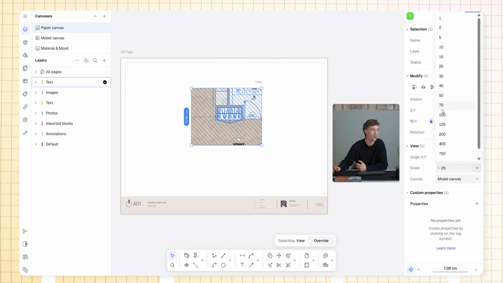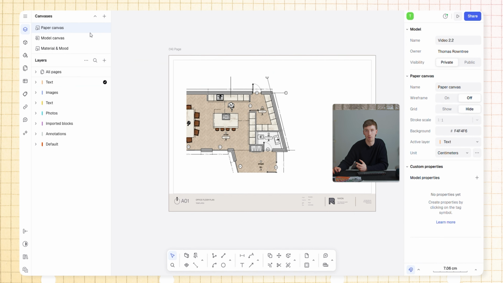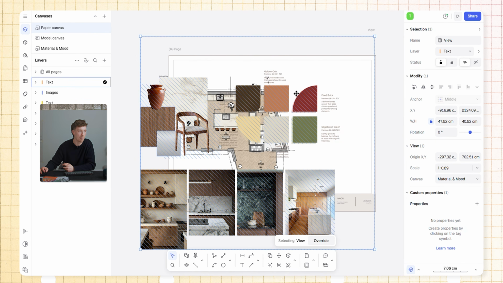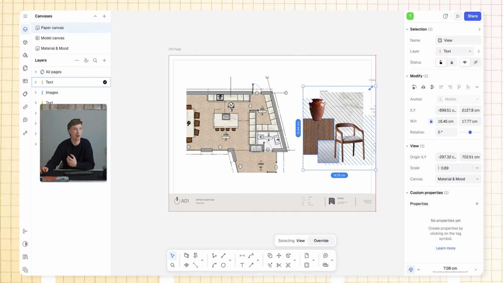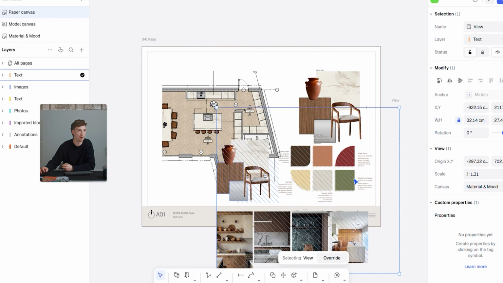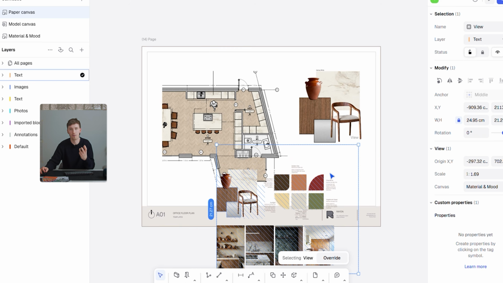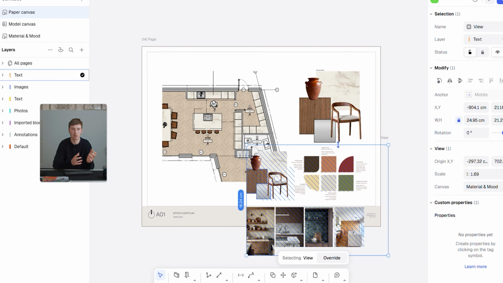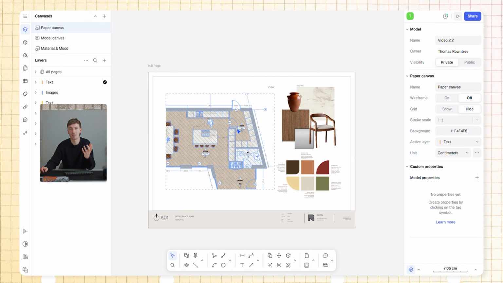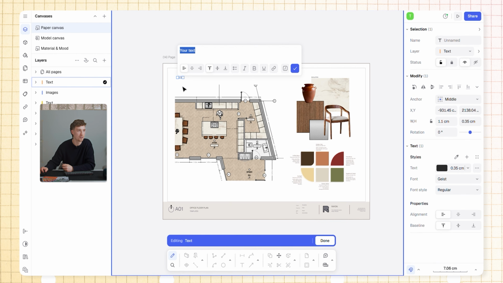Then we're going to create another view into the material and mood board that we've created. I'm going to drag and drop this into place and start cropping and placing it alongside the color palette, alongside the mood board, to then start getting a feel for the character of that space and its association with the floor plan. We can then add titles and text to then start building a presentation that looks something like this,